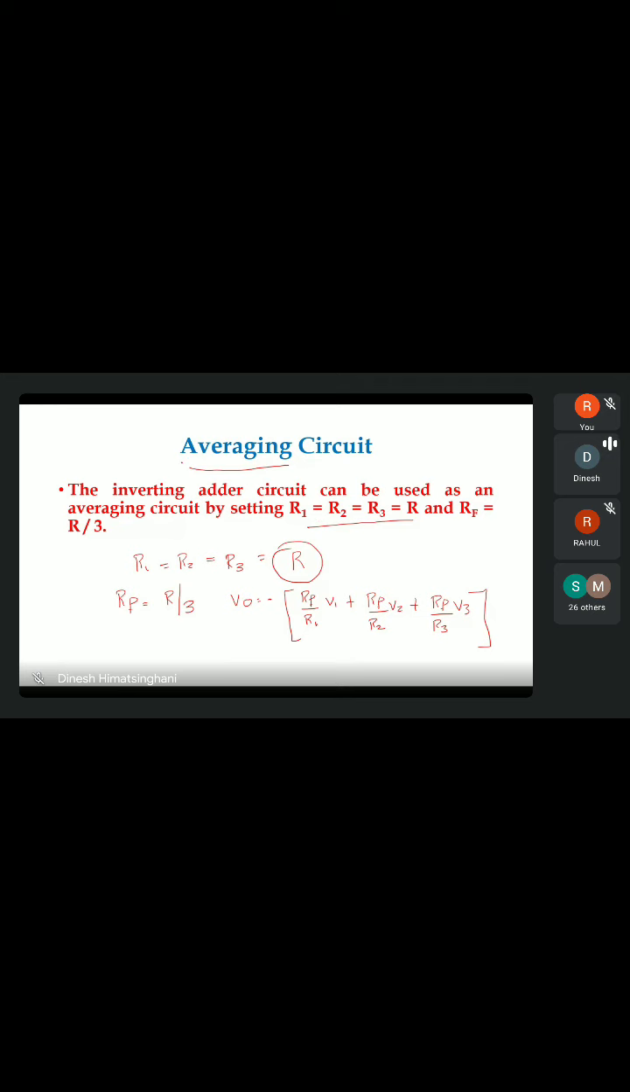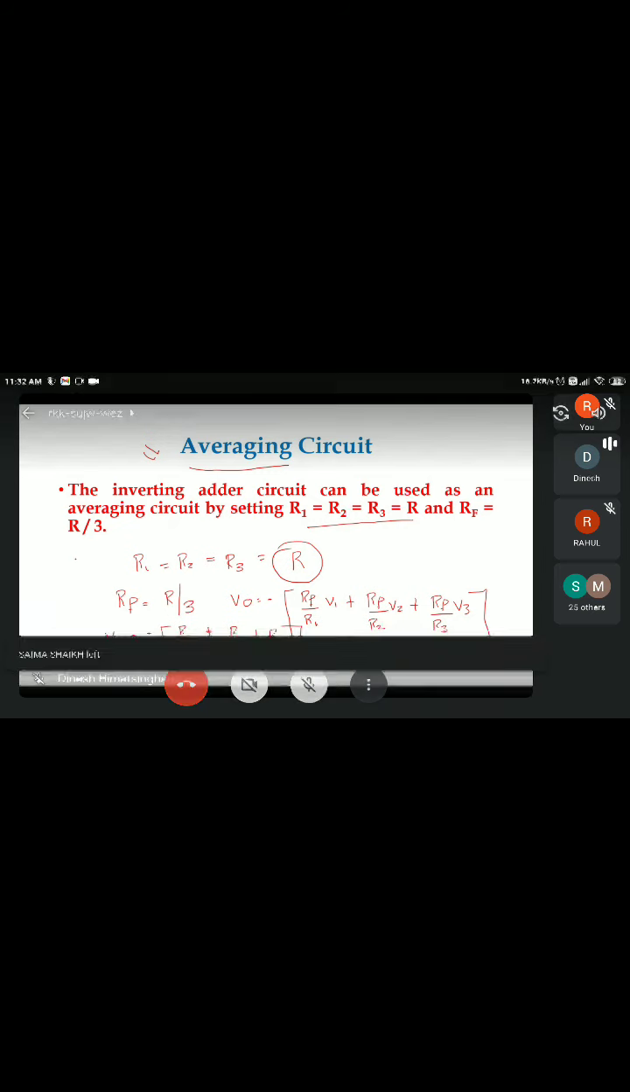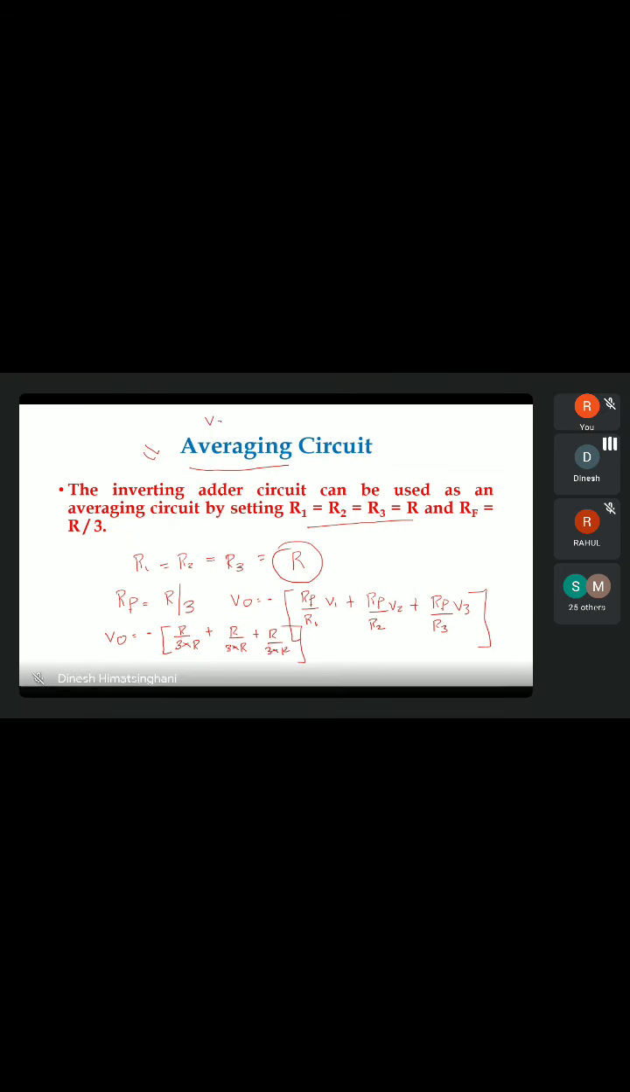Now I want this equation to work like an averaging circuit. So what I have done is, I have said V0 is minus, this becomes R by 3, R is R by 3, RF is R by 3, and this is R, plus R by 3, and this is R, R1, R2, R3, this is R by 3 multiplied by R. Now when you work this out, you will find V0 is,